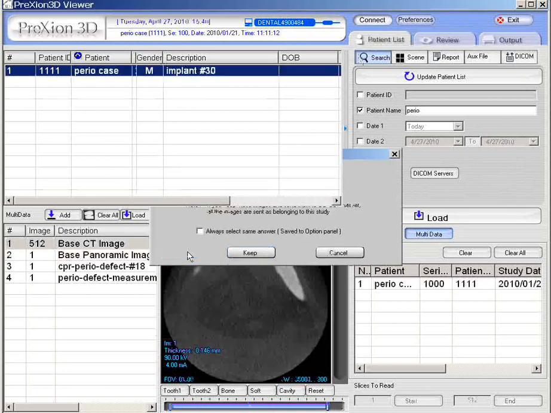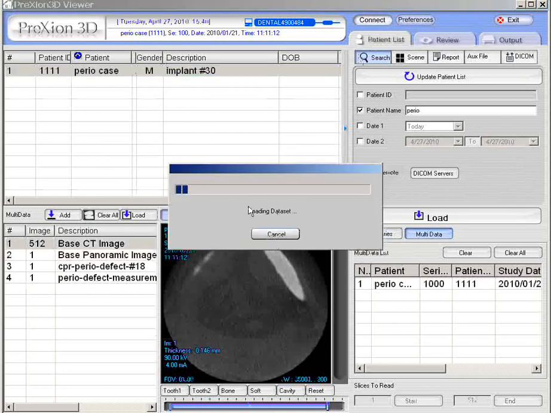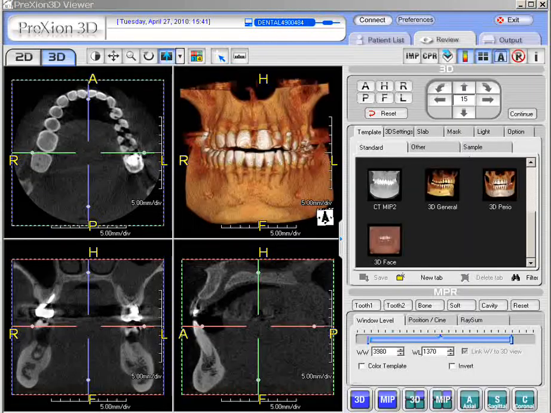We'll delete what's in the output panel for now. So when you get that, it says delete. As long as you've done something with it in the output panel, save it as a file or print, then you could delete whatever is in your output panel as long as you know what you have done with those particular images. When you're in the 3D mode and you've got the axial, coronal, and sagittal screens,